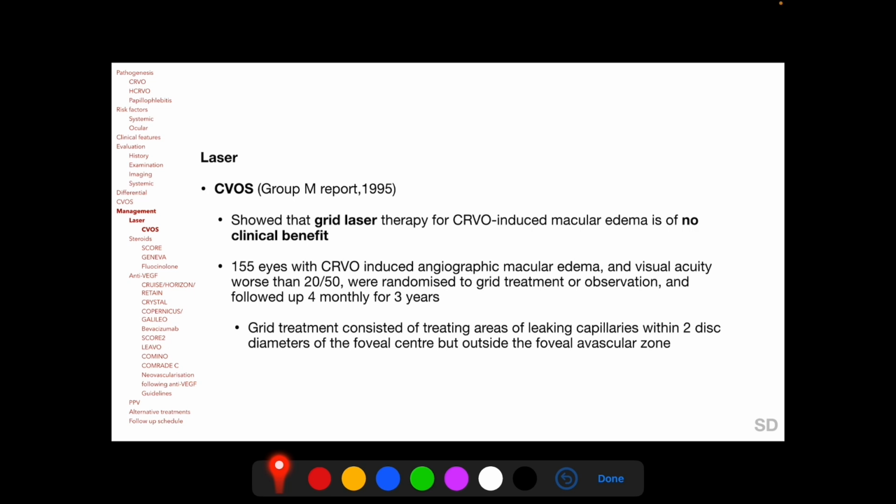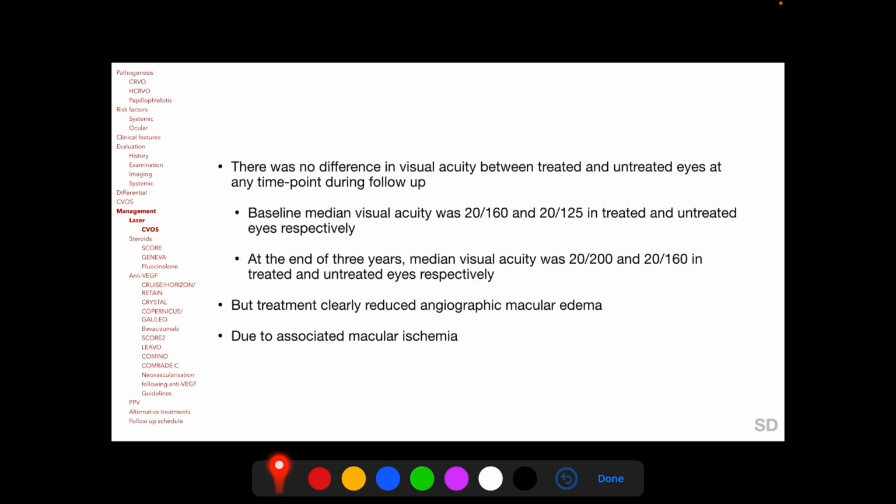In this study, eyes with CRVO having angiographic macular edema were randomized to grid treatment or observation and followed up for 3 years, and this study found there was no difference in visual acuity between treated and untreated eyes at any time point during follow-up, but grid laser treatment did decrease angiographic macular edema, and the explanation for no difference in visual acuity in the CVOS study was the associated macular ischemia in these patients. It is important to note here that in contrast to CRVO, grid laser is recommended for macular edema induced by